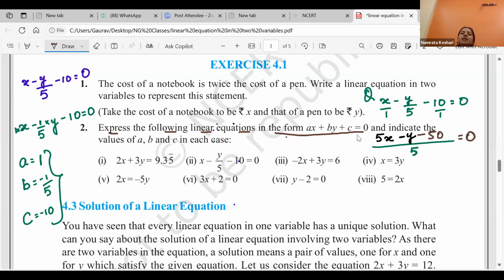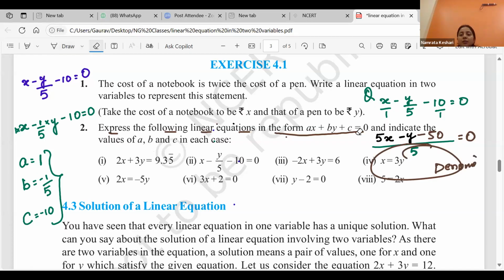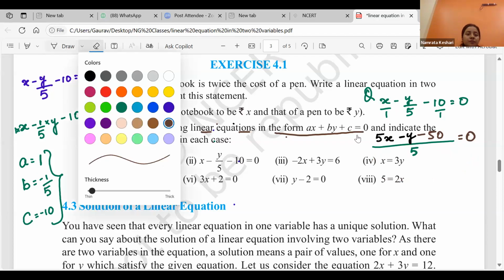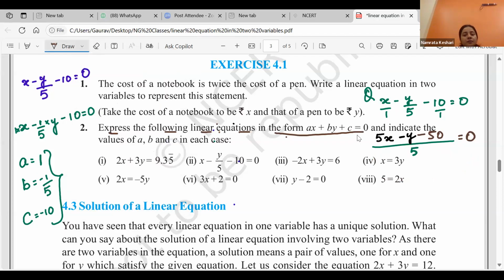Now the denominator on the left hand side, we are trying to shift it to the right hand side. Denominator from the left hand side, we will try shifting it to the right hand side. So we know division becomes multiplication. Yes or no? Right? Yes, ma'am. Division becomes multiplication on the other side. So this 5 will go to the other side, but will get multiplied with 0, and we will end up having